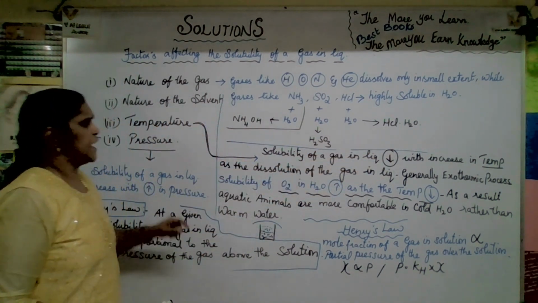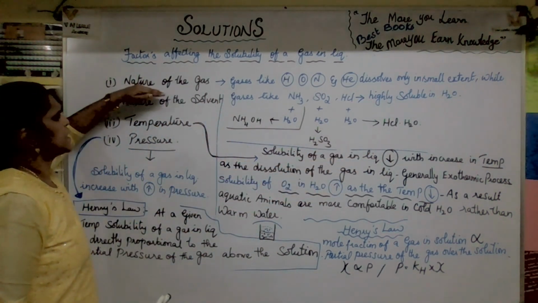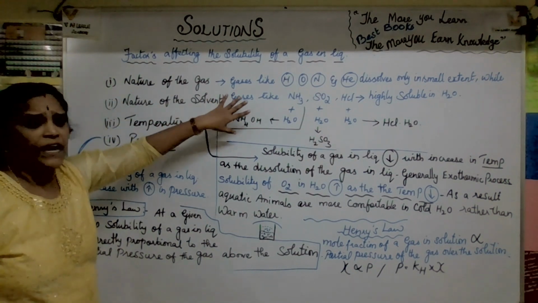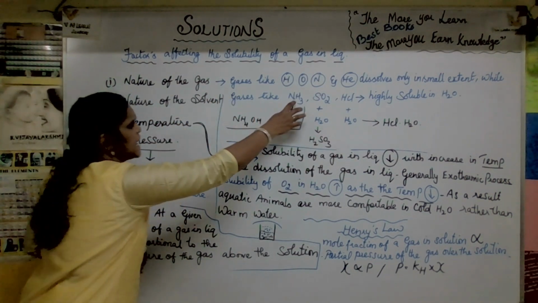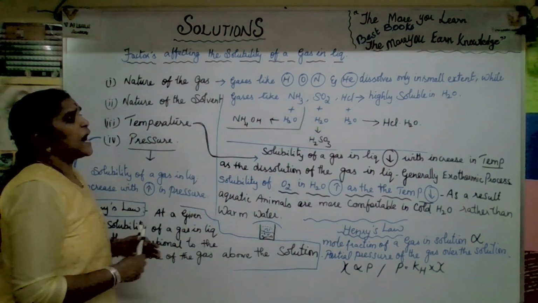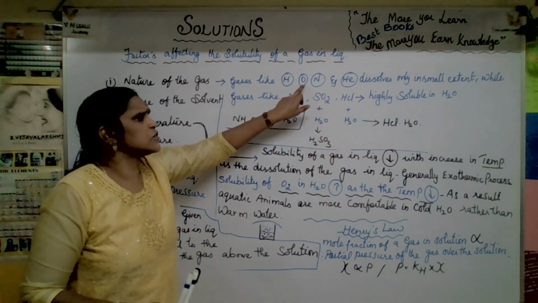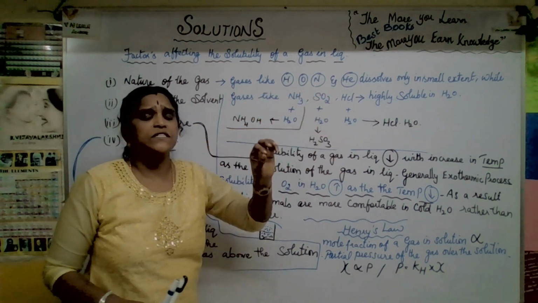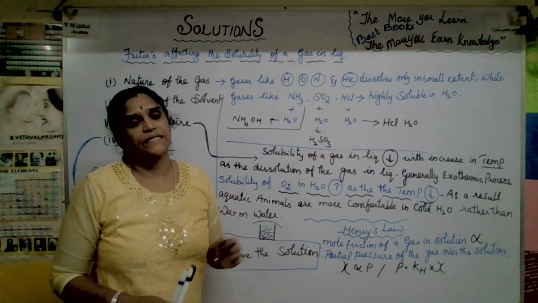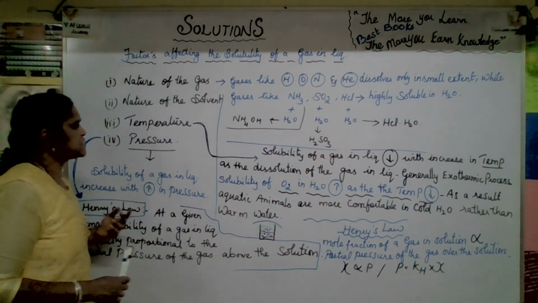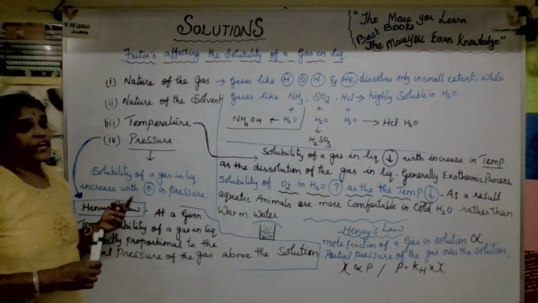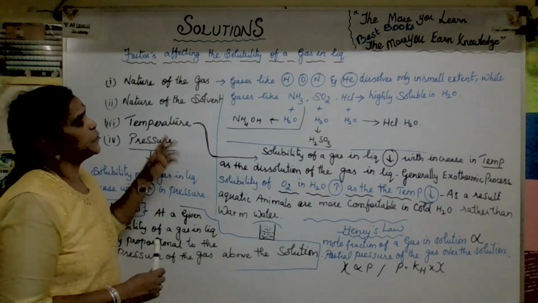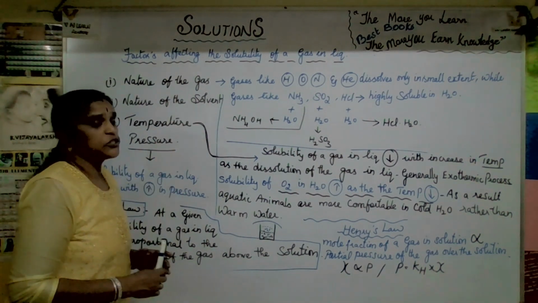Right? Now we have gone through the nature of the gas and the nature of the solvent. So this is a gas and this is a solvent, and hydrogen, oxygen, nitrogen, and helium dissolve to a very small extent. Now next, temperature and pressure is the main point to elaborate for the solubility of a